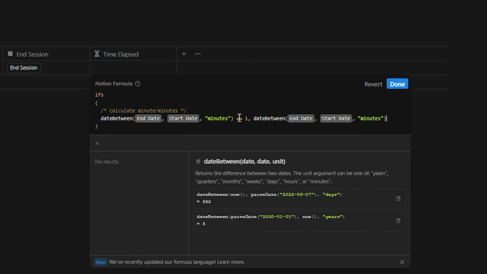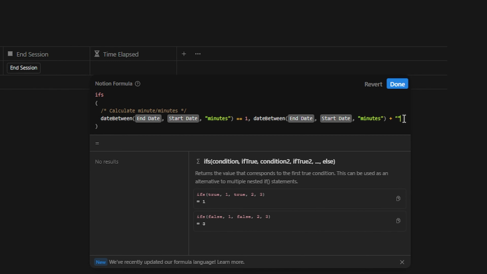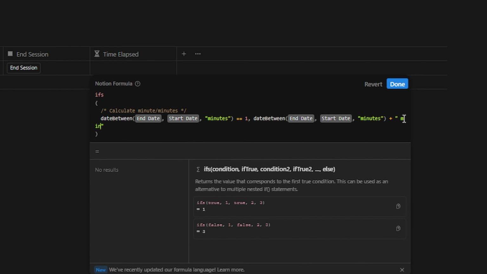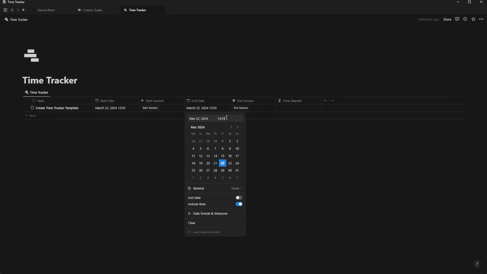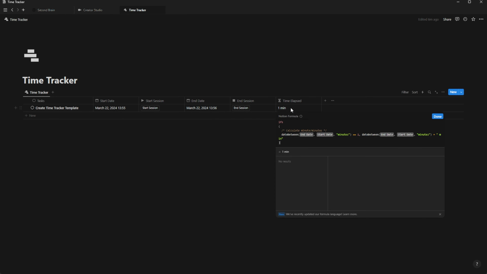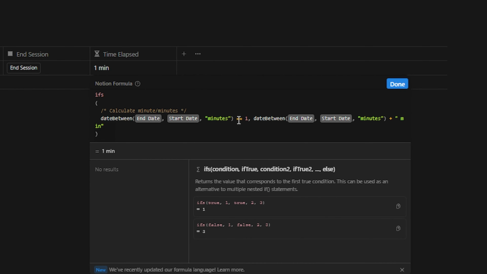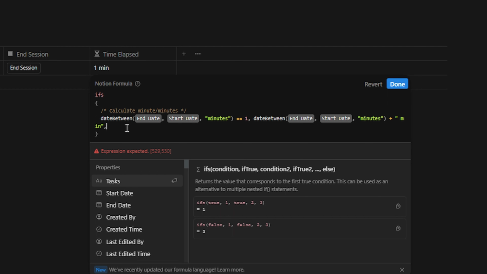Okay, and how we want it to show, plus space min. Oh, what's happening? That's because it is on the same minute. We can go to 56 to be 1 minute, and there you have it. If it's only 1 minute, so now if it's more than 1 minute, comma, because we want another conditional,